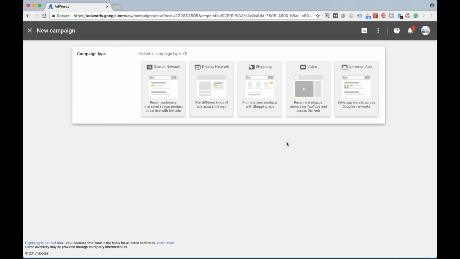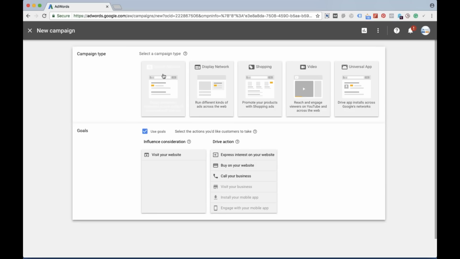If you remember, in the previous version of Google AdWords, we used to have the complete campaign types in one list itself, where we could select from the drop down. But now they made a change and many things are removed. For example, search plus display is gone. Shopping is there, video is there, universal is there. Major campaigns are there, but search plus display has been removed from this particular list. Now let's see what exactly the search part is. Click on the search part.